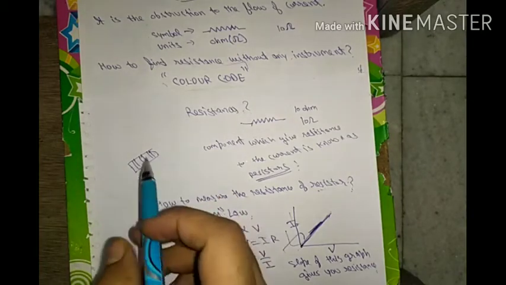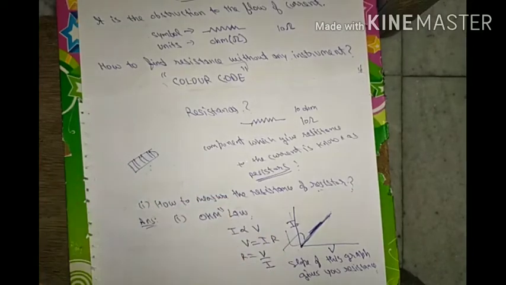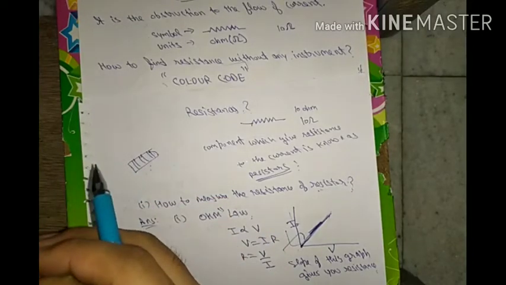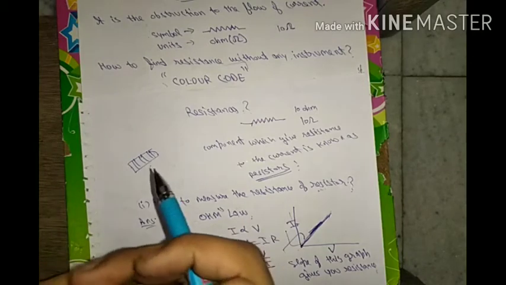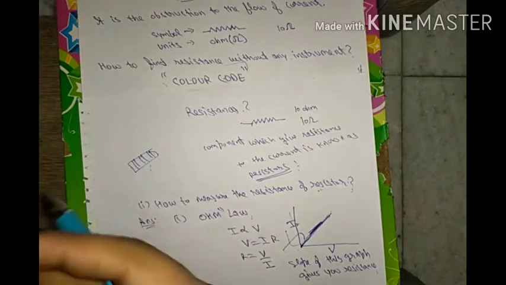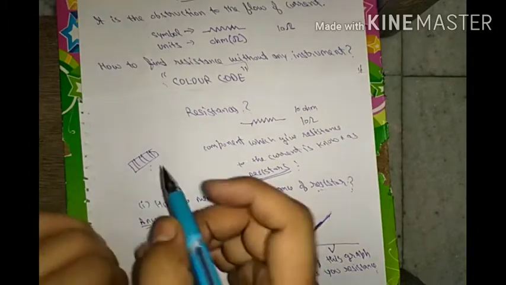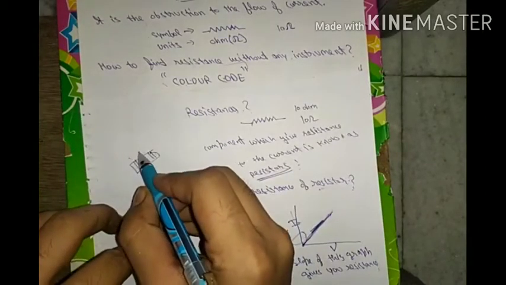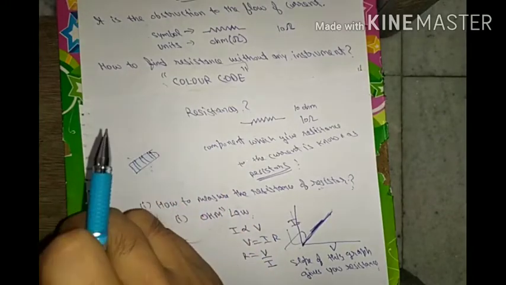Each resistance may have three or more color bands, but in our syllabus only 3 color bands are there. So we will discuss only 3 color bands, though there may be 4 color bands, 5 color bands, but here only 3 color bands are there. So let us suppose the first is red. Firstly I will show you what I mean by color with the color band.